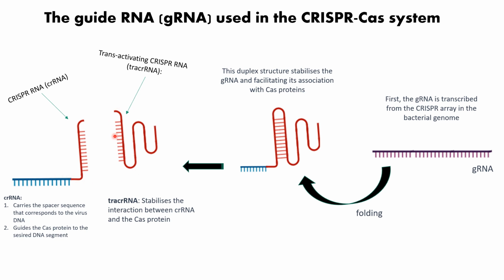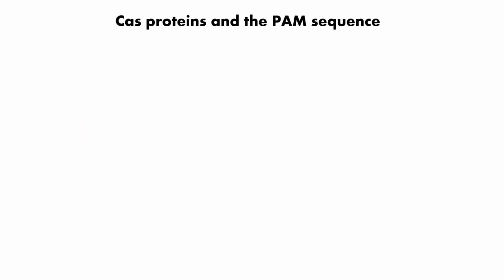Okay, and this transactivating RNA is very important because it stabilizes the whole structure, and also without it, the guide RNA will not be able to bind to Cas protein. So the tracer RNA is responsible for facilitating guide RNA binding to Cas protein. Okay, so after now understanding the structure of the guide RNA